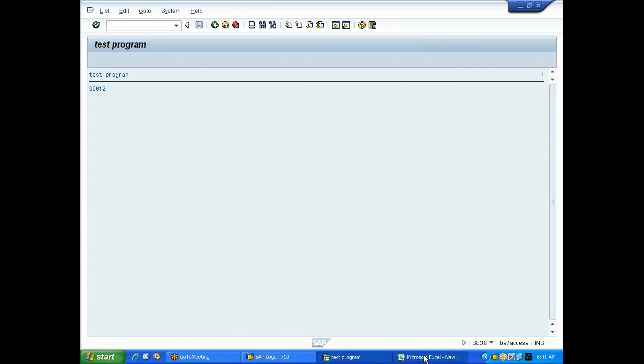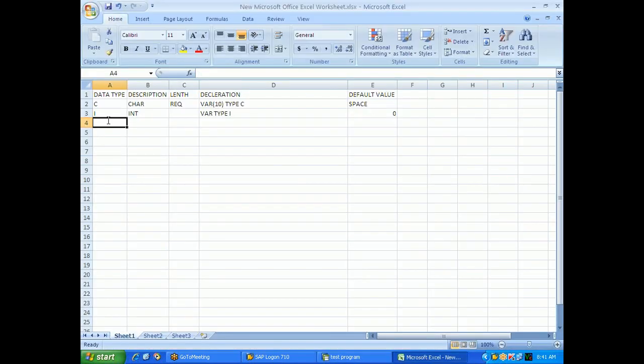So N means numeric. Length specification is required. You can declare a variable type N like this. The default value is length times 0, so many zeros.